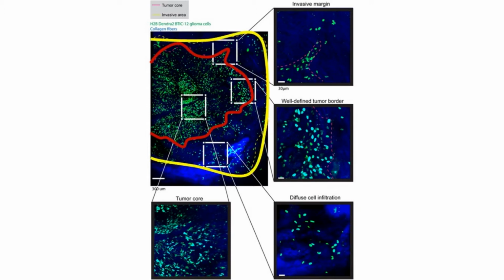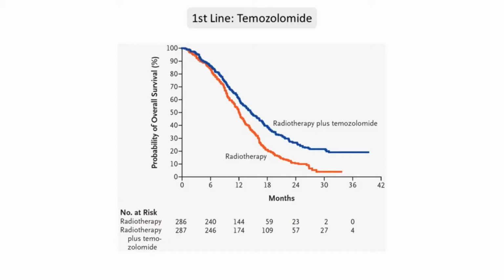In terms of the drugs that we have, the mainstay, really since at least 2005, has been this drug called temozolomide. This is what we call a survival curve from that pivotal paper back in 2005 by Stupp and colleagues, where patients underwent surgery followed by either radiotherapy alone or radiotherapy with the addition of temozolomide. And survival curve, basically the vertical axis shows the proportion of people who are still alive at a particular time point. And we can see in the blue that with the combination, that survival curve is lifted upwards, which is